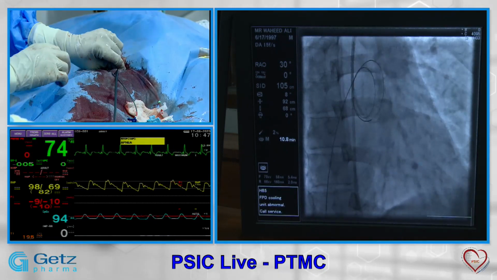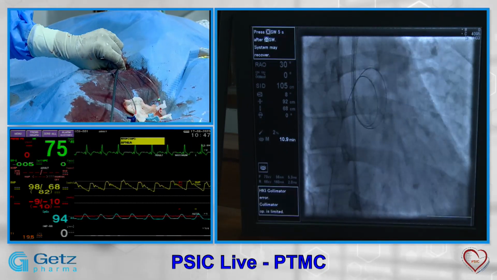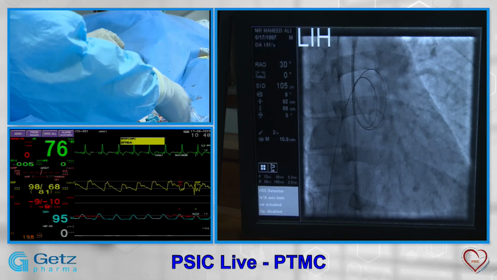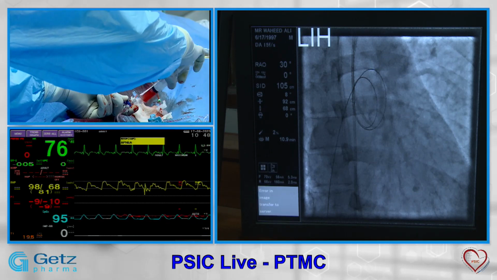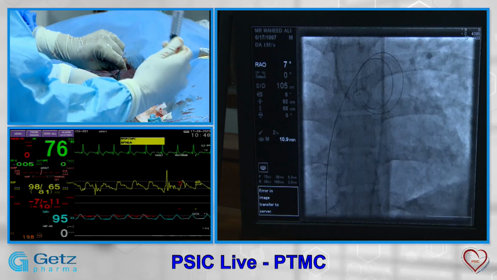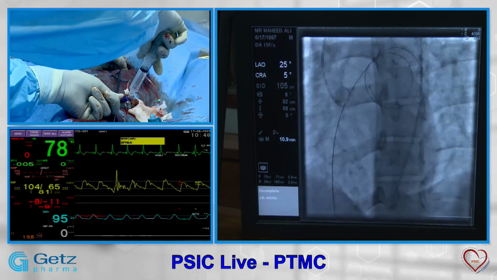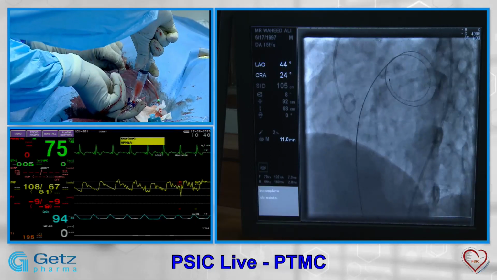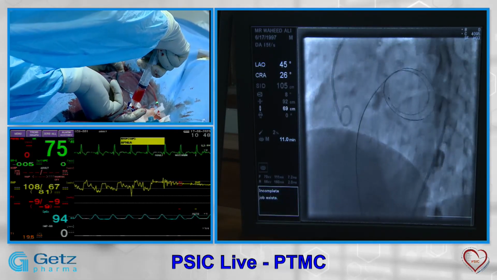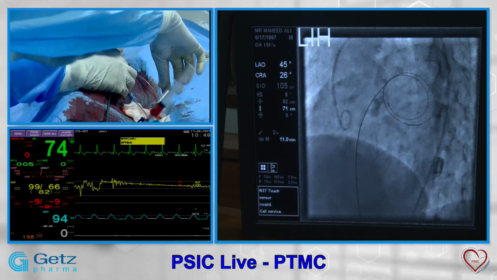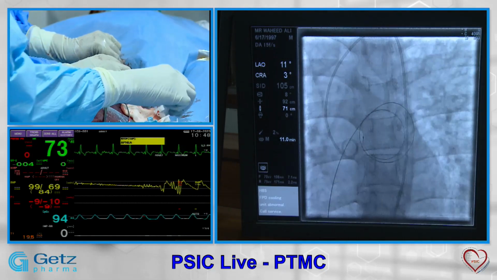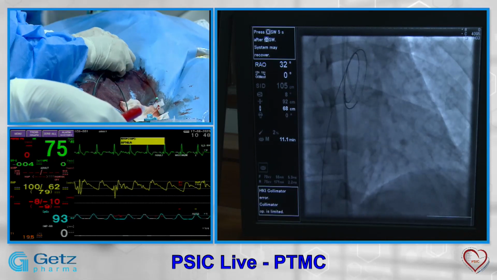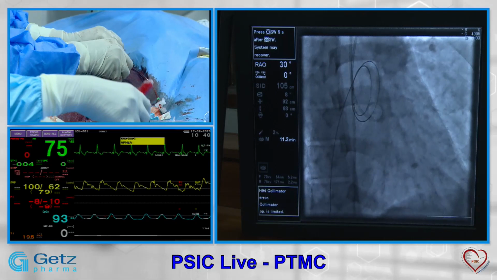Sometimes you are not sure whether we are in the LA or in the RA. The conventional teaching is that you can go into the left anterior oblique cranial view. Can you please go to the LAO cranial? This one will confirm, because LAO cranial is our 4-chamber view on echo. So you can clearly see we are resting in the LA. And can you please come back? And then please hold the wire. Now we'll dilate the septum.